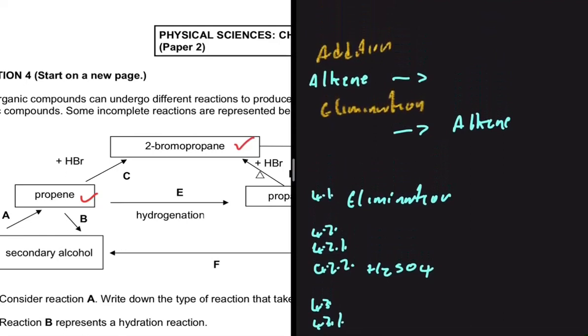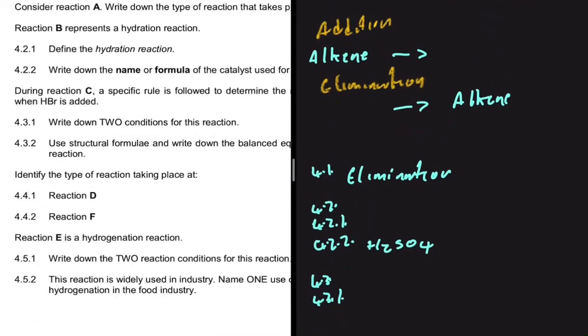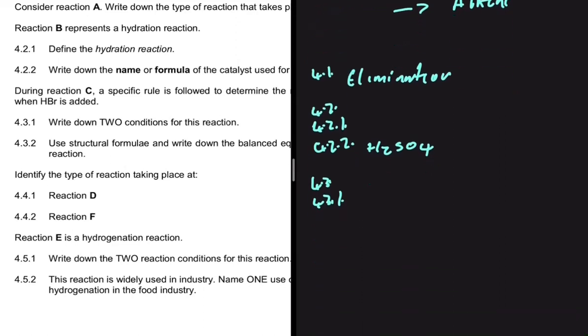So let's go back to our conditions. Do we start with an alkene? Yes, we do. So we know that reaction C is supposed to be an addition reaction. Well, the answer to 4.3.1 was actually very difficult to find. But if you visit the CAPS document and other relevant resources, you'll find out that for hydrohalogenation, our addition reaction